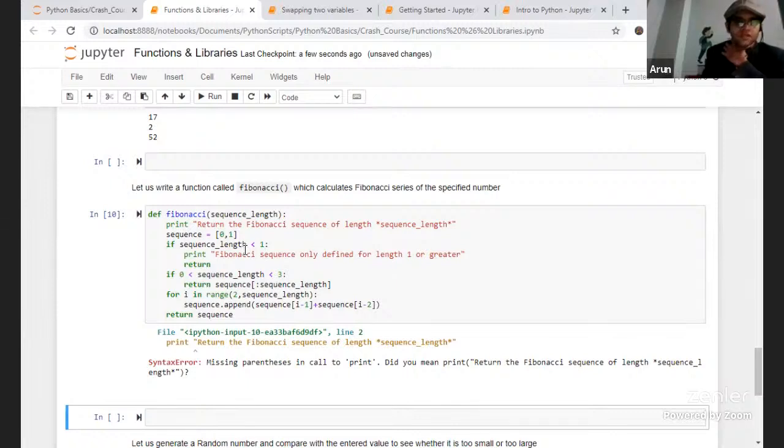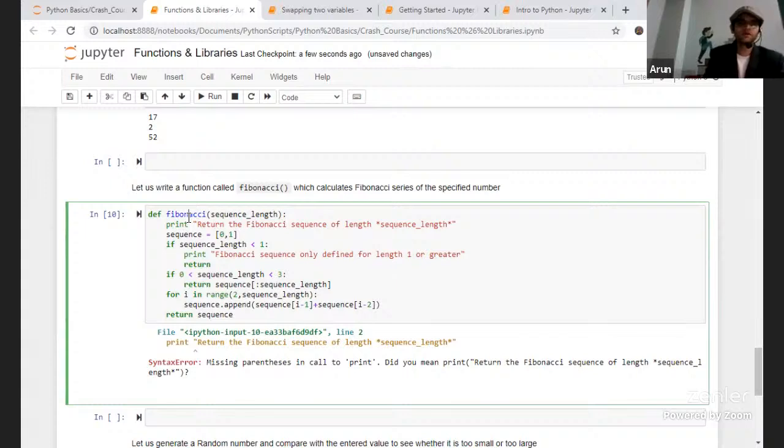I think there is some issue. It is not accepting because this was the old formatting, where you could use print without brackets as well.